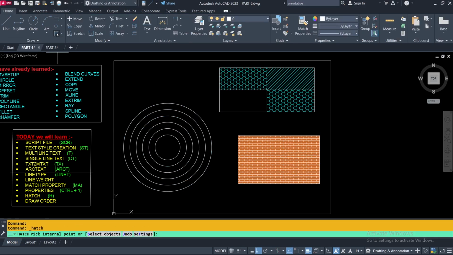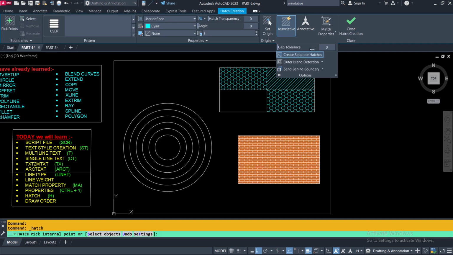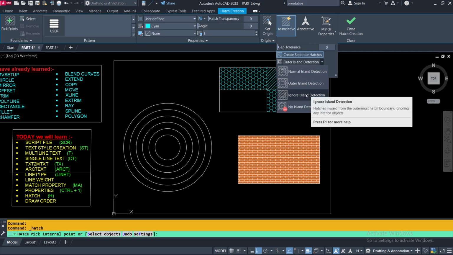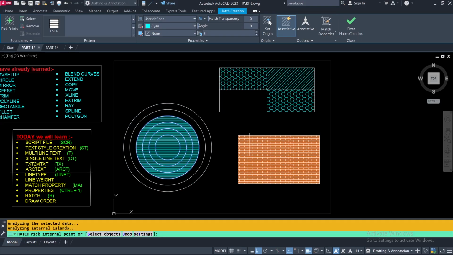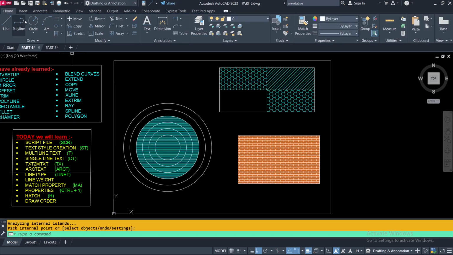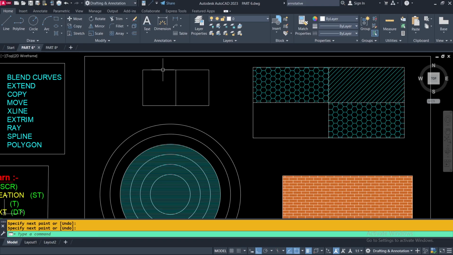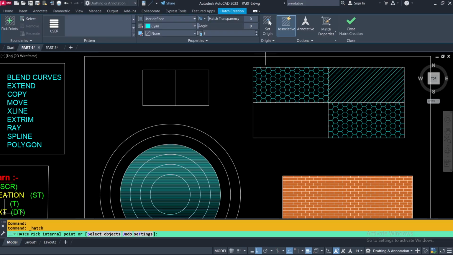Going to hatch tool again, selecting ignore island detection. Then if I click here, the inner all the circles are being hatched. Drawing a rectangle here and a line from midpoint to midpoint, enter, then going to hatch tool